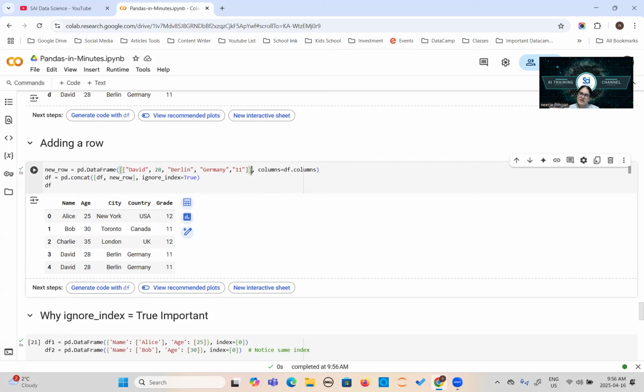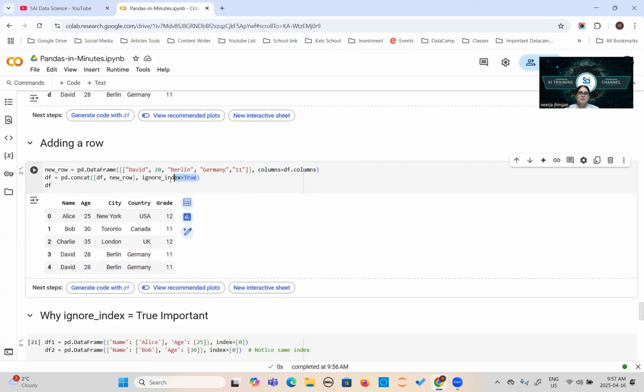This is a very common and small mistake students make actually. So columns equal to df.columns because you need to pass this parameter so it can map over how many columns you have. And then the concat function with df and the row in square brackets. Ignore_index means it is ignoring this index and it will create this one.